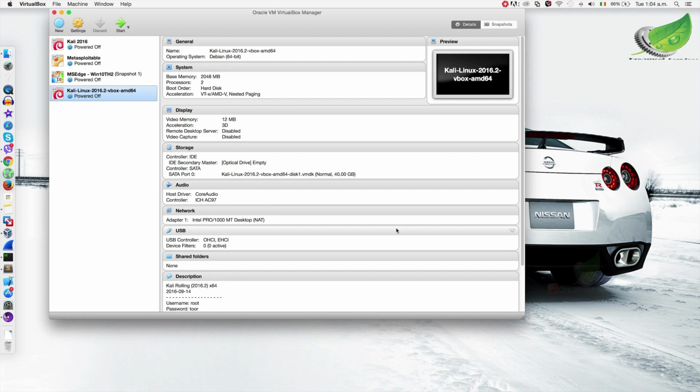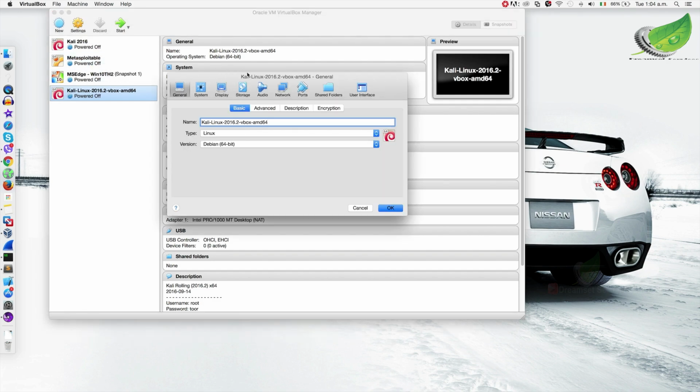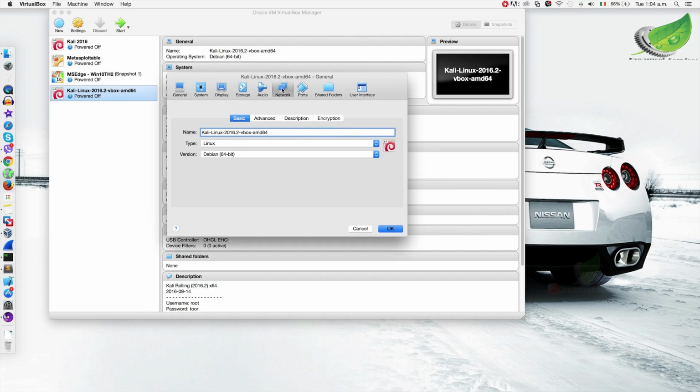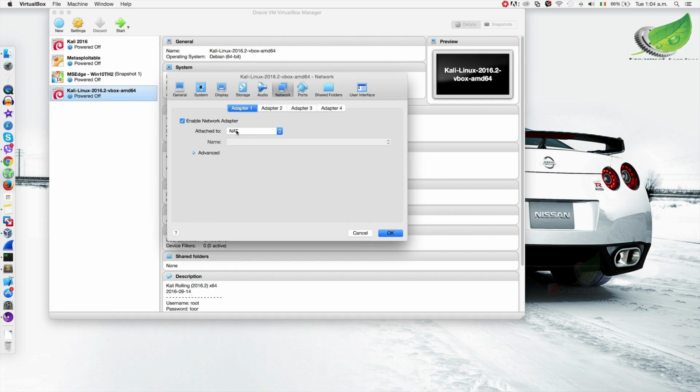In this video, I'd like to show you how to fix a common issue that you might face when trying to set the network setting to use a NAT network. So, for example, now I have Kali Linux, and if you want to modify the network setting for any of the virtual machines, you'd usually come into settings and you'd go to network, and you can set the network setting